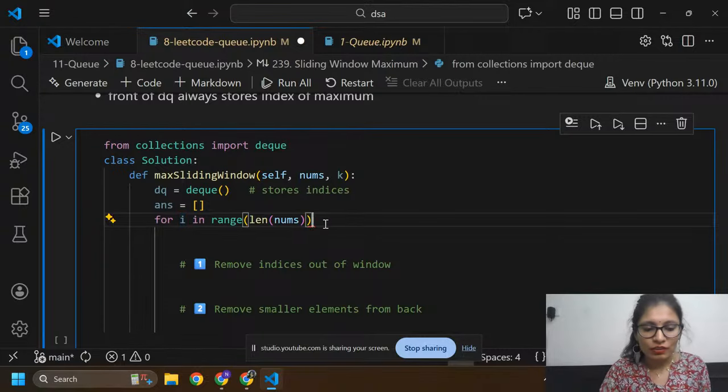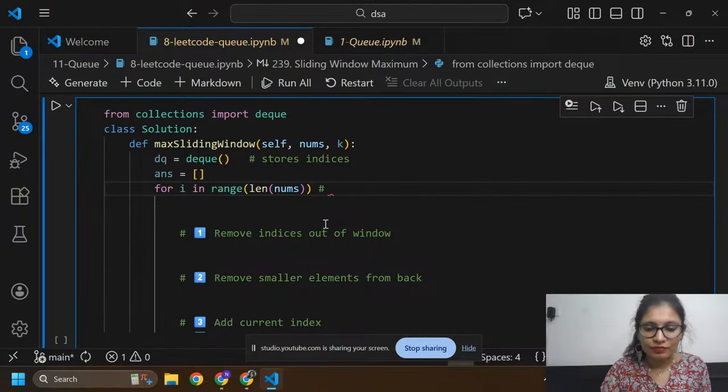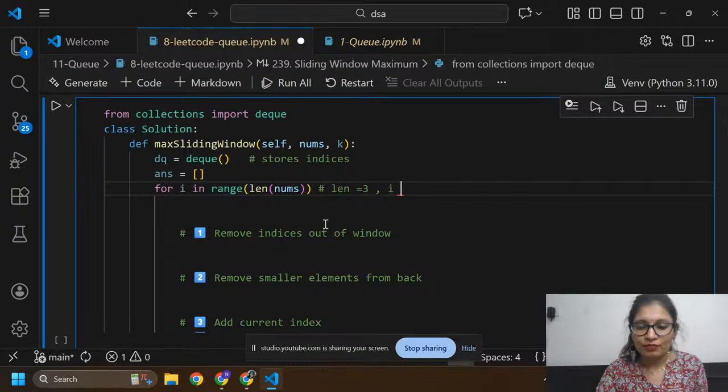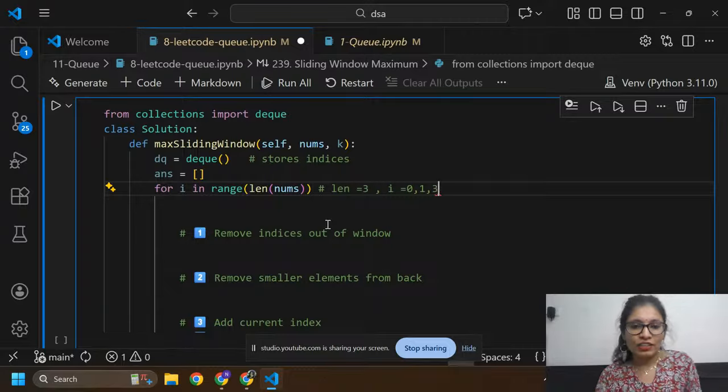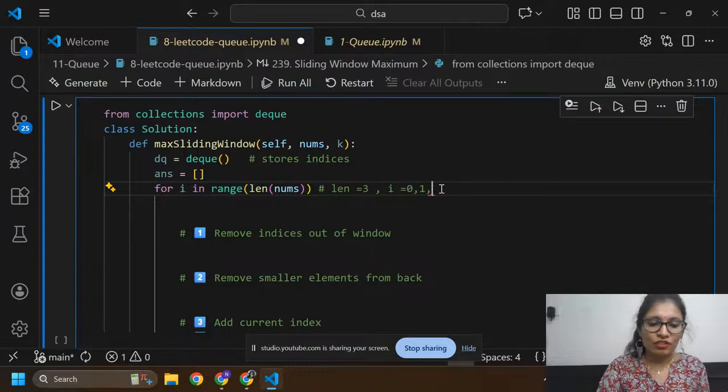Now i will iterate over 0, 1 and 2, because its length is 3. So I will iterate from 0 up to 3, that is 0, 1, 2.